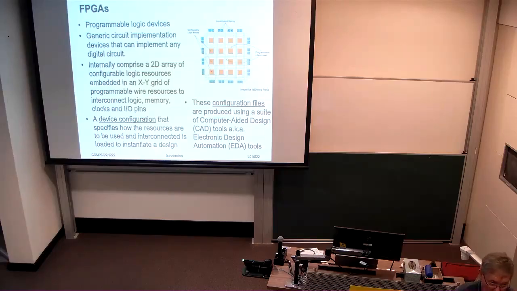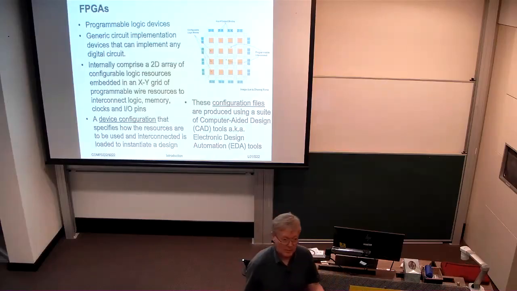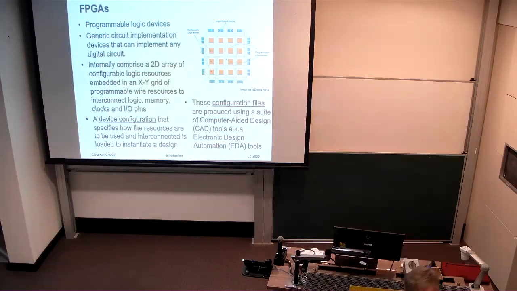Even base stations, a lot of them would use FPGAs, even though they could probably justify using custom VLSI as well. Big scientific experiments like the Large Hadron Collider make use of hundreds of thousands of FPGAs in their experiments. And the reason they use them usually comes down to a few things. They need high performance, they need low energy consumption, and those are the two areas where FPGAs can outperform processors in any case.